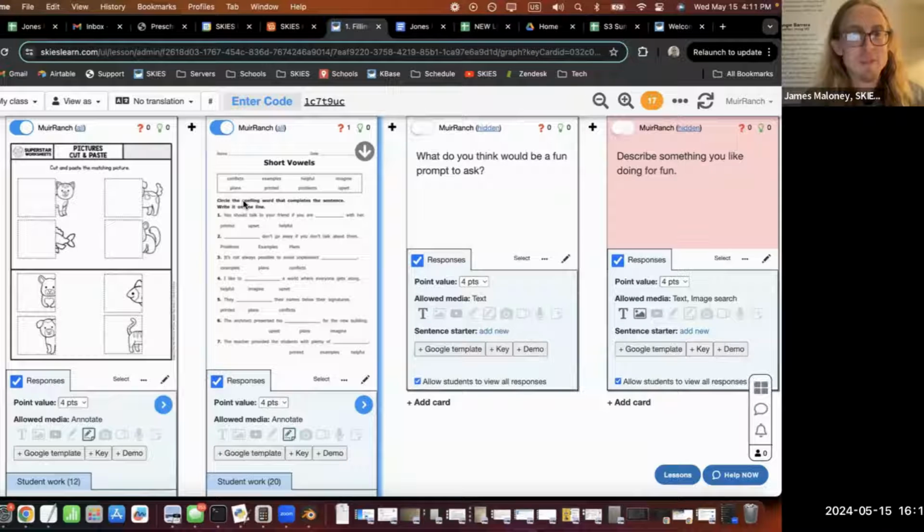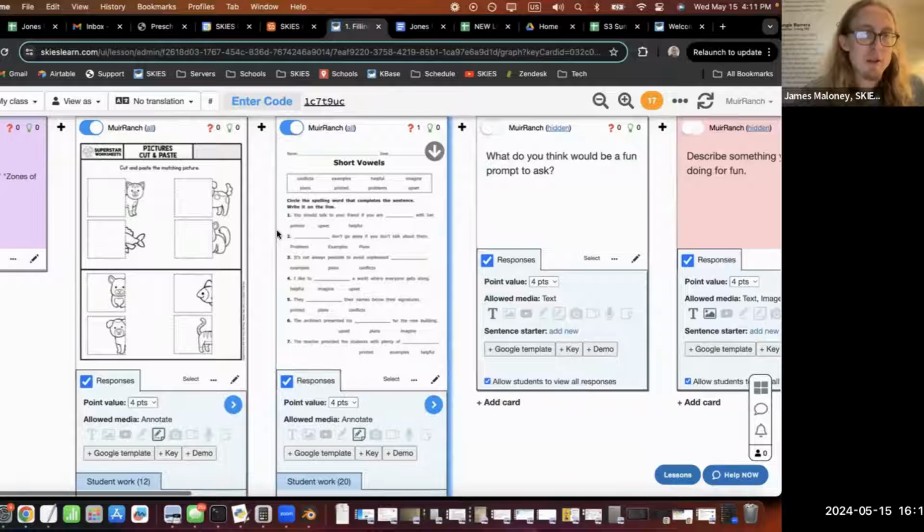So that's one thing about Skies, is that you can take a boring worksheet and make it fun, accommodating, engaging, and you can actually give kids feedback before they leave the class. And so, any questions about this? Actually, in the class tomorrow, teachers get practice using the worksheet grader.